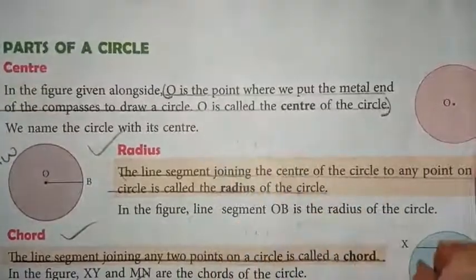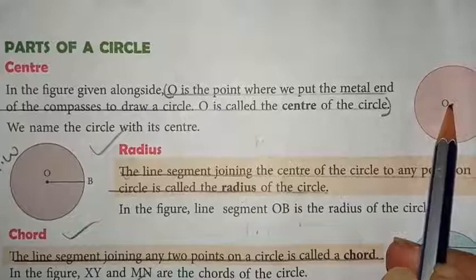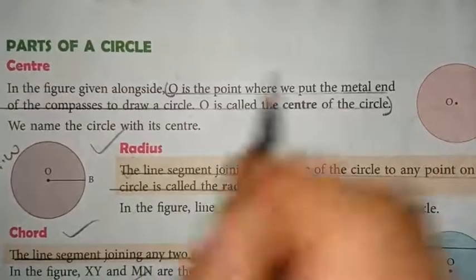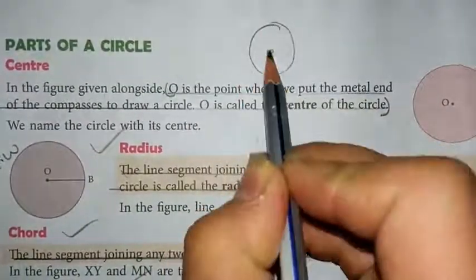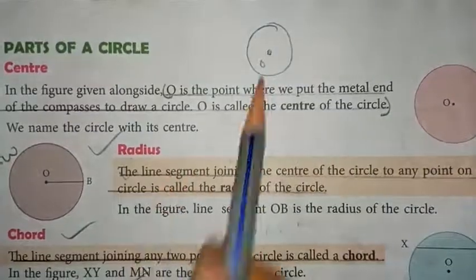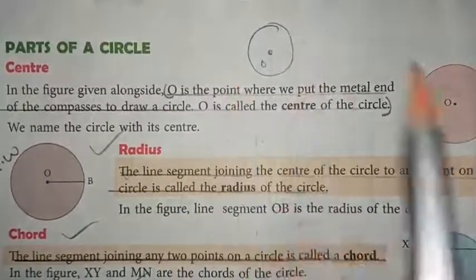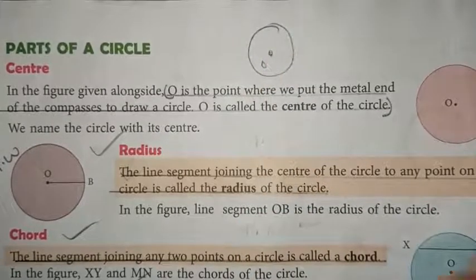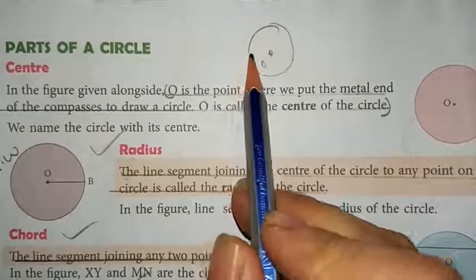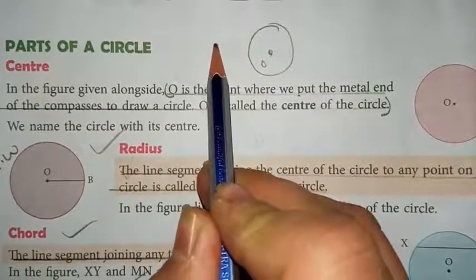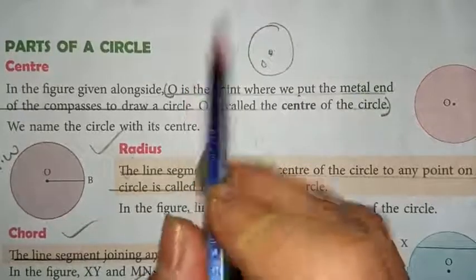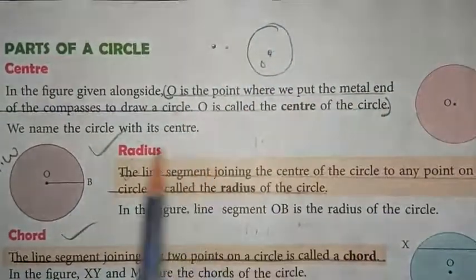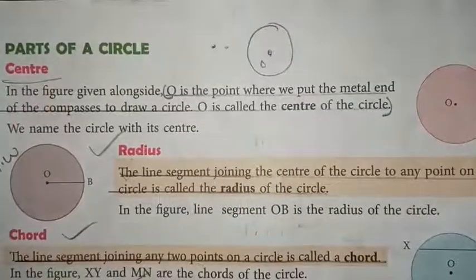Whenever you have made a circle, you just see the point O is here. In our copy, when we made the circle, we made a center, that is O, right? So if this is a circle, this is the point O, which is considered as center. Without center, your circle is not possible. So the first and foremost thing is the center should be kept. Your center should be 1, not more than 1. If you keep moving your compass from this point, you cannot move the compass from the next point. It should be from one point only. The rotation should be made from one point only, so that point is considered as center.